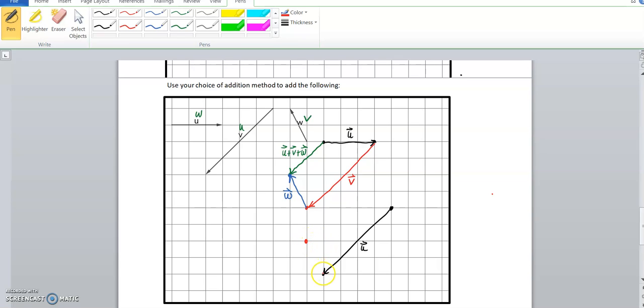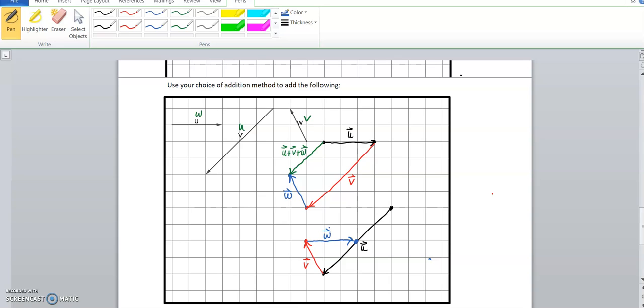And we go head to tail, call that one V, go back to blue, and W is straight across 3, so we go 1, 2, 3. Coincidentally, we're going to create